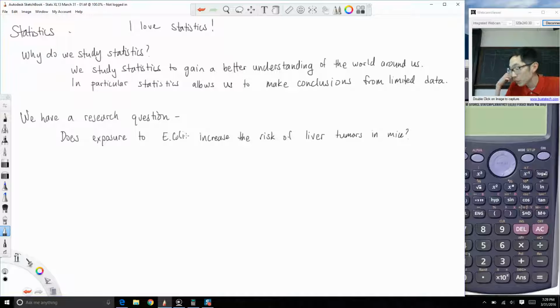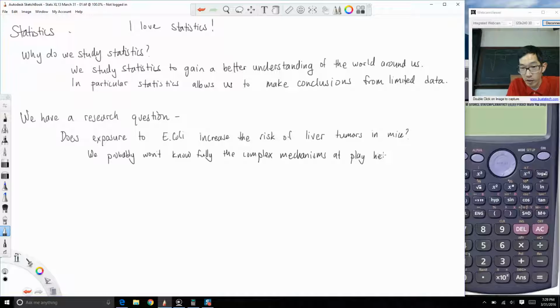So to get an idea of this, we can run experiments. We probably won't know fully the complex mechanisms at play here. So to get an idea of our answer,